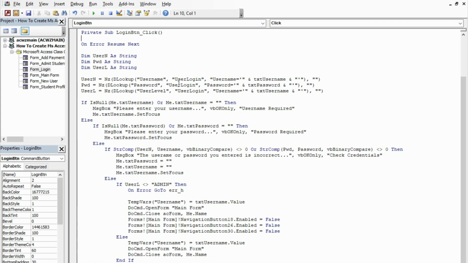So username, user level, where username is tst username. Then if it is null, then let's come here, username. So when we compare username to this one, it should be the tst username. Yes, txt